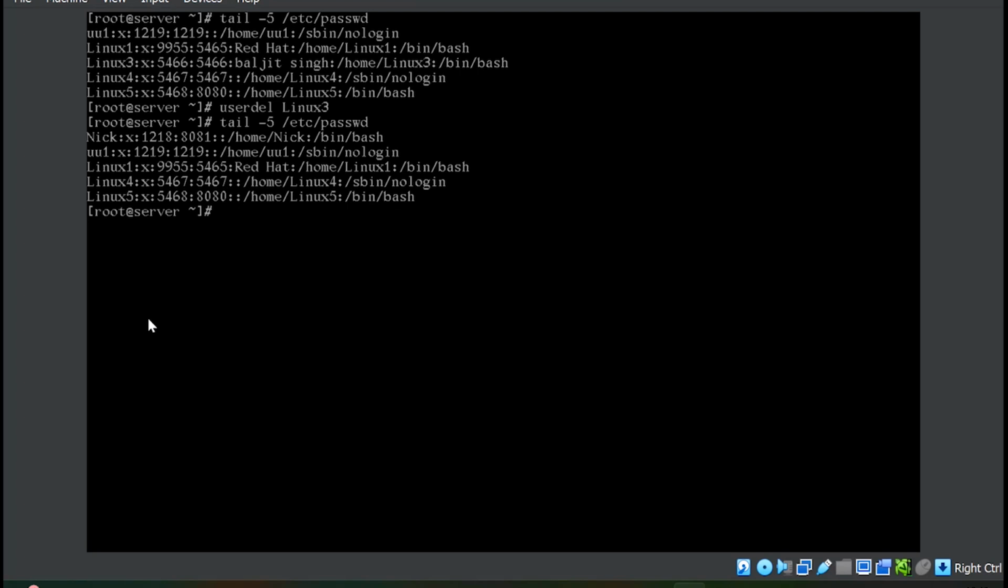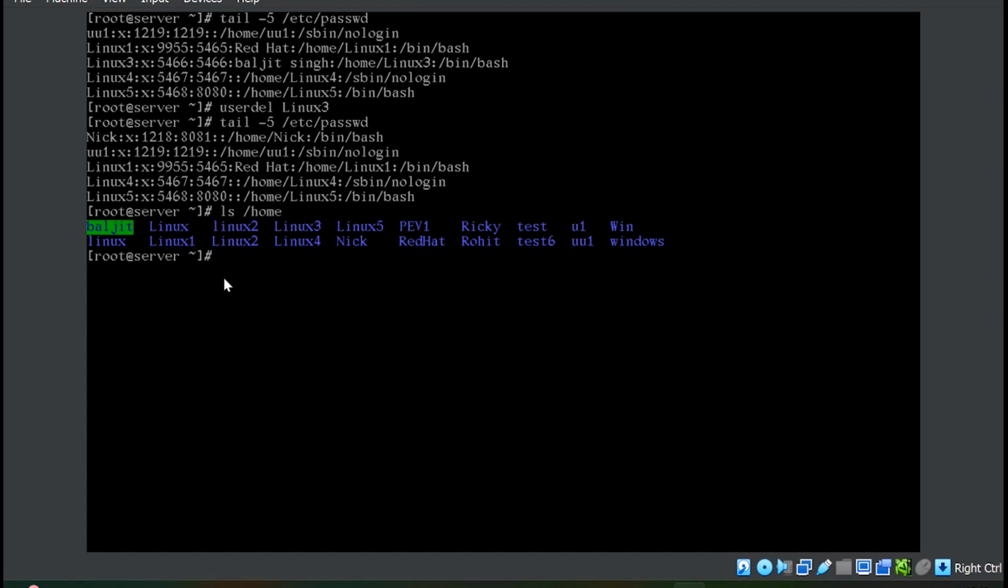Now one thing to check here is, if I list the home directory, you can see the linux3 directory still exists. So although you have deleted the user, the corresponding user's home directory is still there. In case you want to delete the home directory also along with the user, you can use the -r option. So you can see as of now the linux4 directory is there for the linux4 user. If I delete this user and I use the -r option,